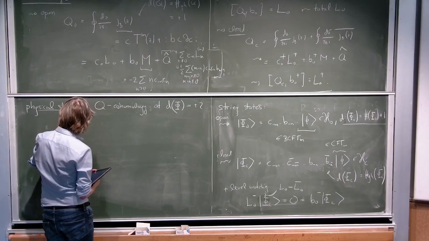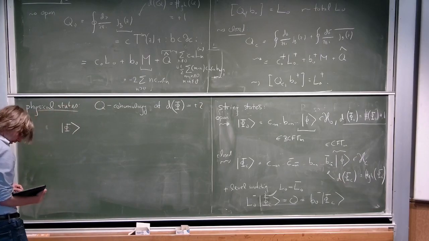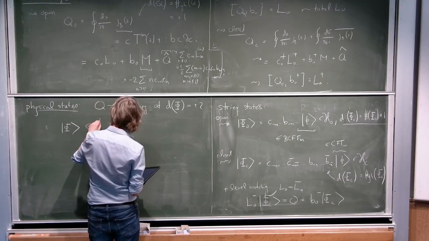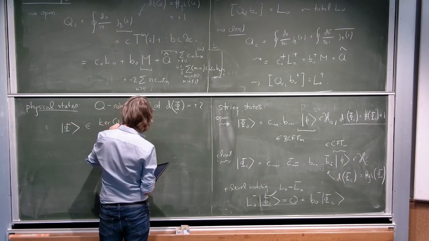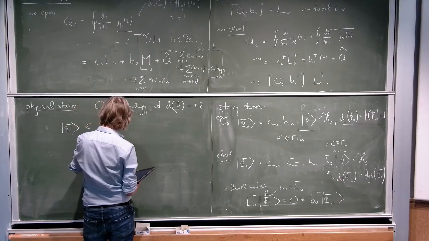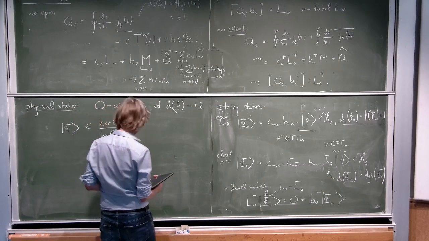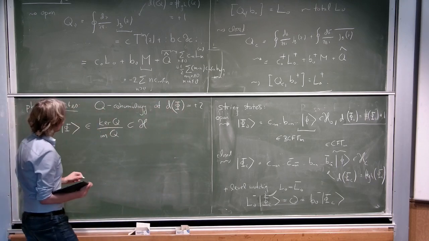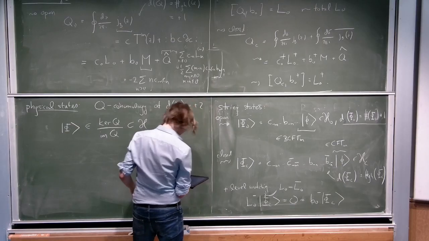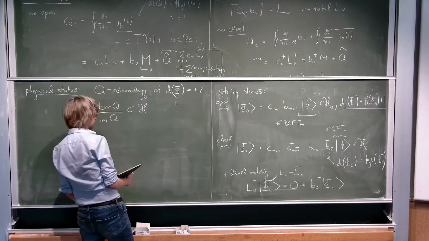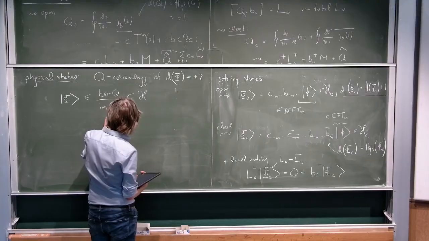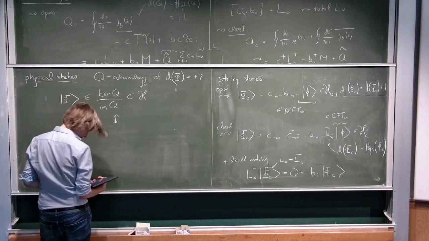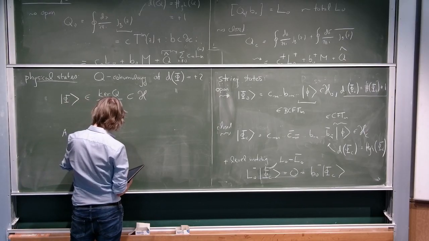So this is as good as saying that a string state phi is physical if it belongs to the kernel of Q, modded out by the image of Q, which of course is a subset of the full Hilbert space at degree +2, and that in turn is as good as saying that phi is physical if and only if A, it is killed by Q,